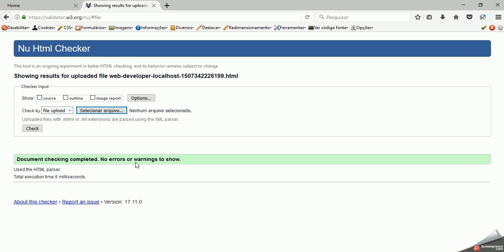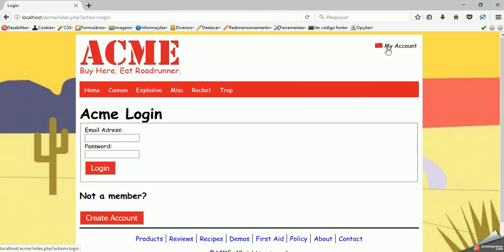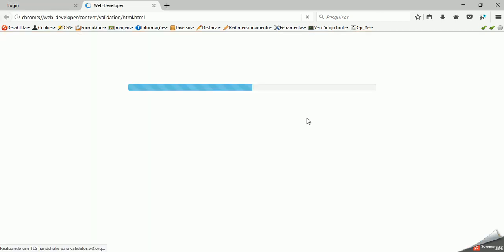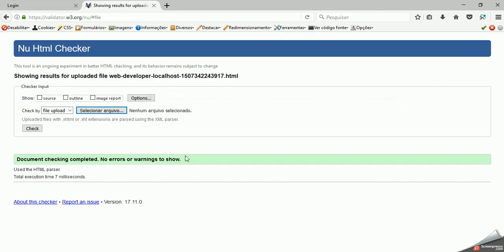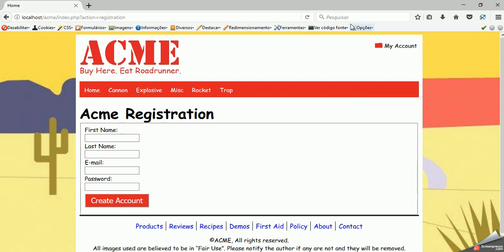No errors too. Okay, and going to my login page, as I already did the CSS validation, the HTML is also fine for this login view, and the registration,